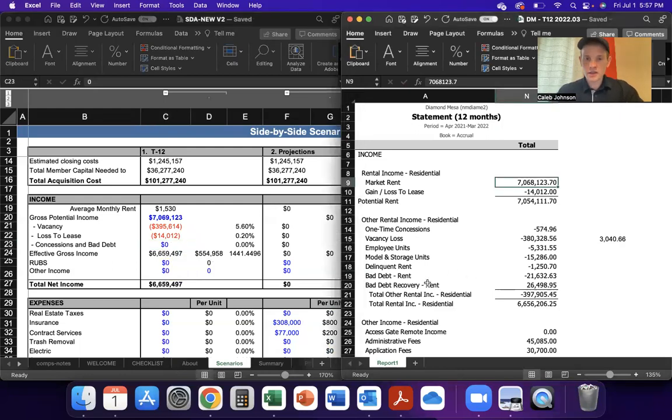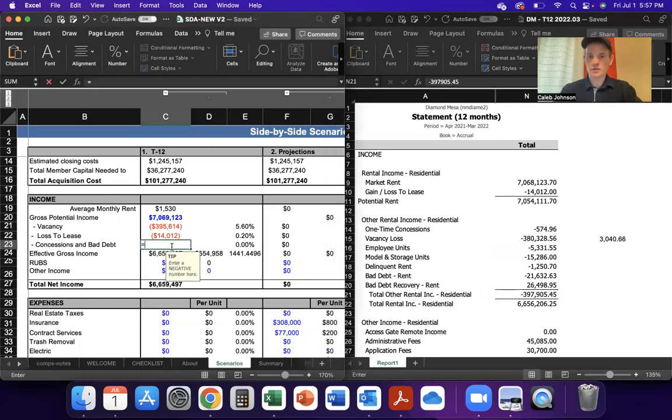Then concessions. I know that if I look in this T12, you've got bad debt, more bad debt, delinquent rent, and then employee units. So what I can do is add up all of these, which equals that number. And I'm going to go equals negative 397,905. But I'm going to add back in the vacancy so that I don't add it twice, which is going to be this number right here. So plus 395,614,